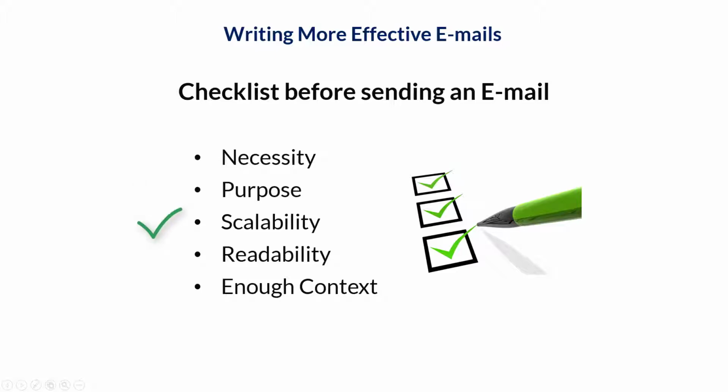The third thing is scalability. Scalability is also an important point before you click on the send button. The fourth one is reliability. Reliability is a key thing. Have you used any fancy fonts or any statement which is not grammatically correct, or have you written meaningful content which can be understood correctly by the recipient? And enough text. Enough text doesn't mean you should write a long email, but that the purpose of an email must be conveyed to the recipients.